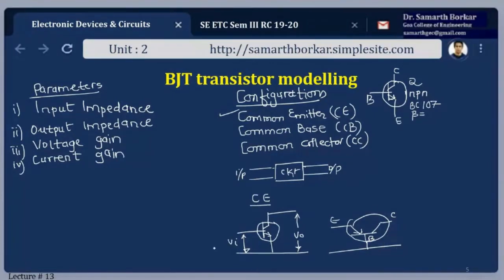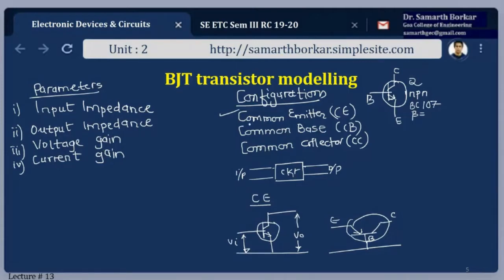Fine. Now, if I want to compare the performances of this common emitter or common base or common collector, we have to have a common platform. Then only we can compare their performances. We can understand their electrical characteristics. Now, these are the parameters. For common emitter, we can calculate what is the input impedance of the circuit, what is the output impedance, what is the voltage gain, what is the current gain. And depending on that, we decide which one we are going to use for our applications. So this is the performance criteria.